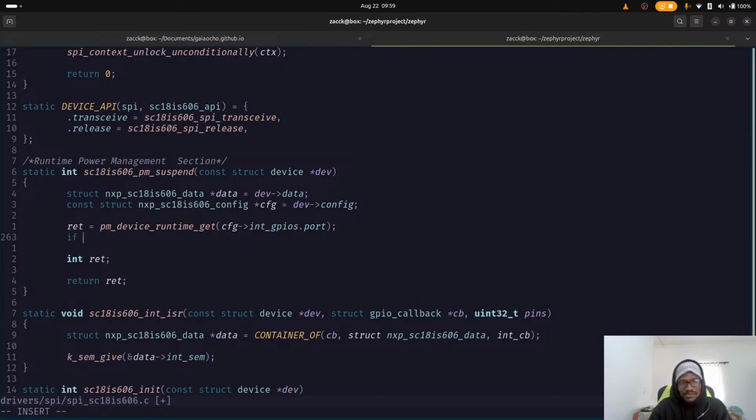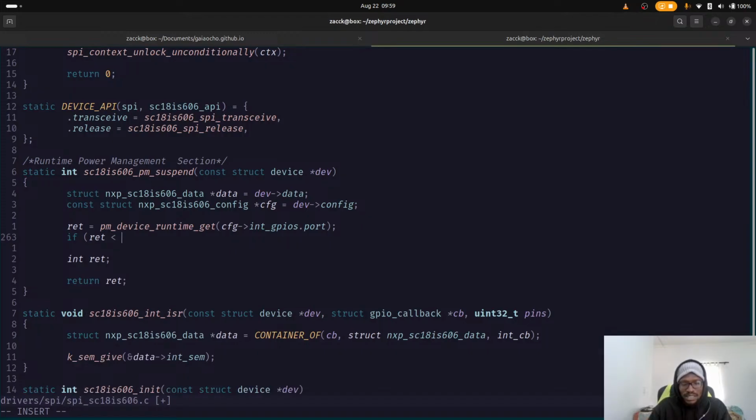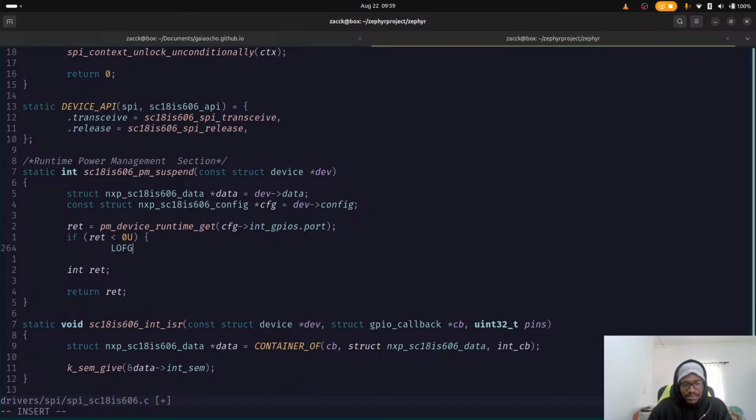So here, if ret is less than 0, then we had an error. Log error, could not get